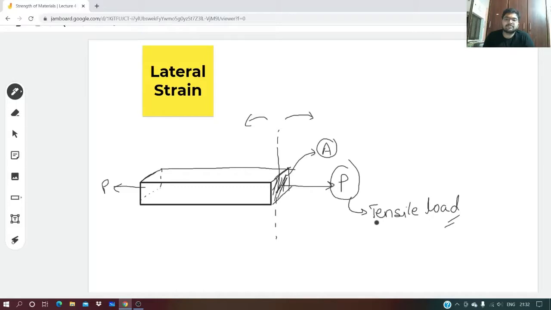Why? Because this is not a single force that is acting. If it was a single force, this bar was free to move. But on the opposite side, the same equal and opposite force is also acting, which is resisting movement of this body. Earlier we studied that when there is a restriction in the motion of a body, and force is acting in that direction, then obviously stresses will arise. Now, by applying that methodology here, we need to understand in addition what is lateral strain.